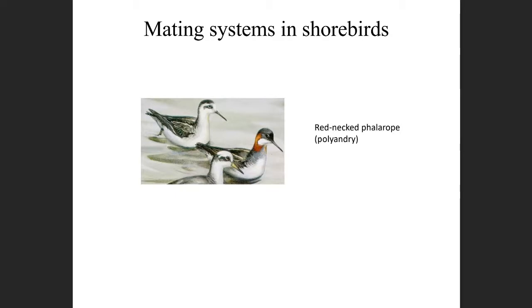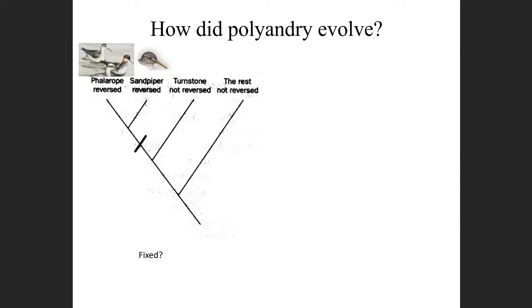Red-necked phalarope is another species with polyandry. So then this question is, how did polyandry evolve? And you could think of it in a couple different ways. Maybe it evolved once, and that would be supported if you had a phylogeny of all the shorebirds, and all the ones that showed